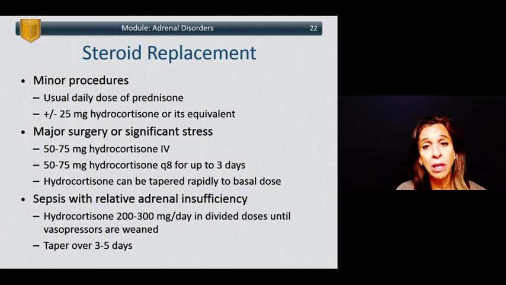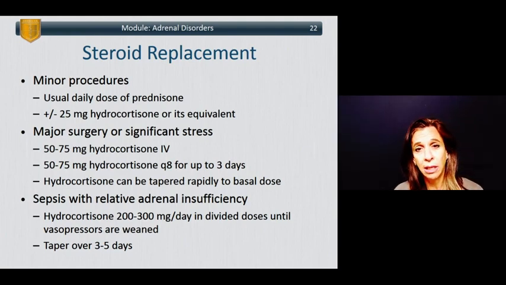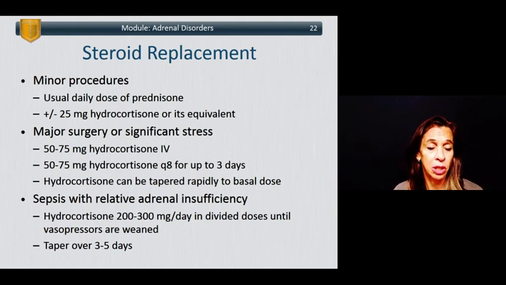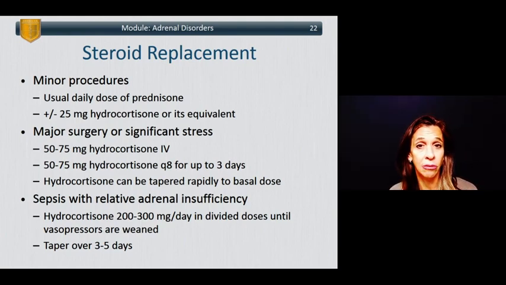Steroid replacement is always important in the perioperative period. In the past, it was advocated that we use stress dose steroids, and typically those were 100 milligrams of hydrocortisone, which is generally way too much for most patients undergoing most surgical procedures. So it's generally recommended now that one limits the amount of steroids that are given because excess steroids can be